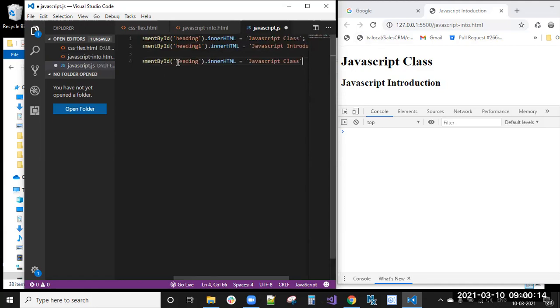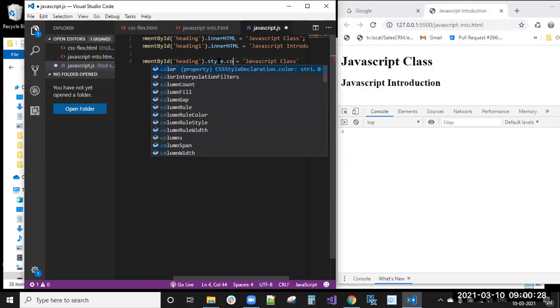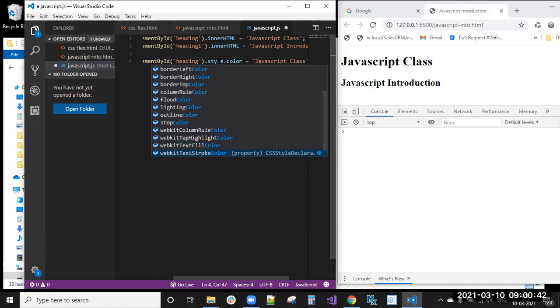So document dot getElementById heading dot innerHTML I have selected, right? What we are doing now is changing the style, meaning the color. First dot style dot color. We get all the properties here actually: background color, color, and display block, display inline block, all those we will get.